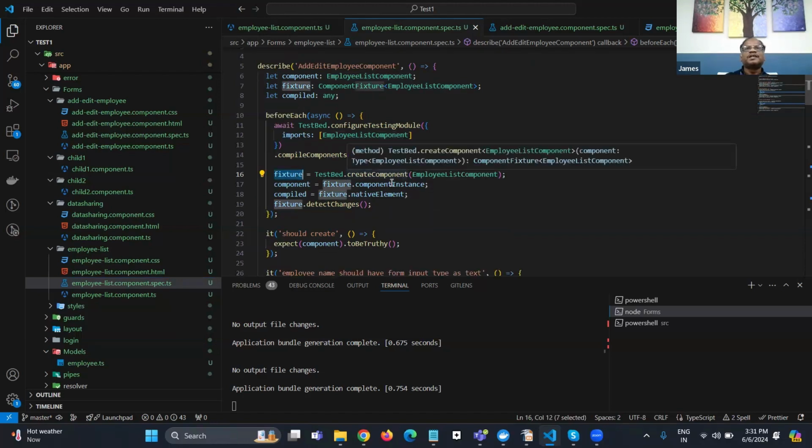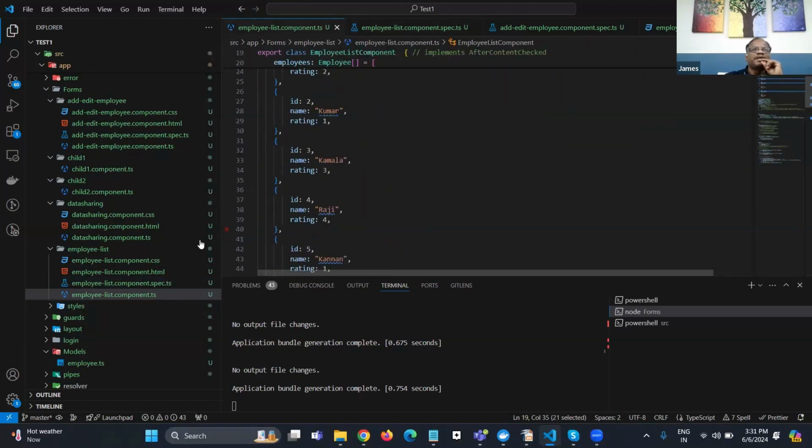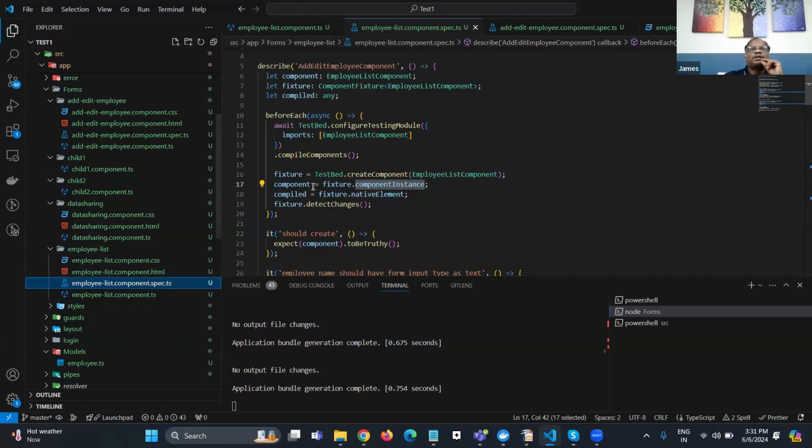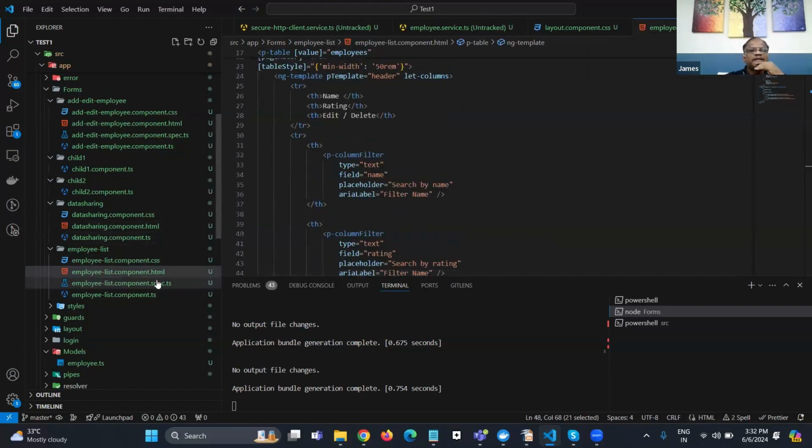Okay, create the instance here, and this fixture is the instance of the component, right? Fixture.componentInstance means the TS file. So simply assume that this is the TS file, what we have here. The entire thing will be assigned to this component variable. And the nativeElement means just that template, the HTML. All the template will be present in